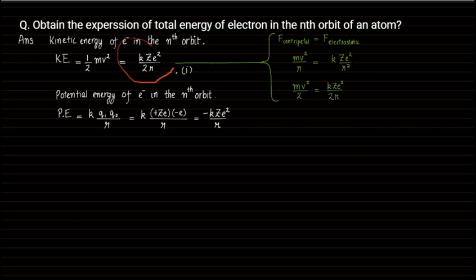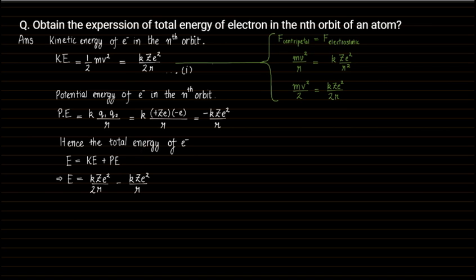Fine. Hence the total energy of the electron in the nth orbit will be the sum of the kinetic energy and the potential energy. So substitute your kinetic energy plus substitute your potential energy. So their total sum, if I simplify this term, there is half of this thing and this whole thing. So half minus 1 should give us minus half. Therefore if I simplify this one, I should get minus kZe square upon twice of r.